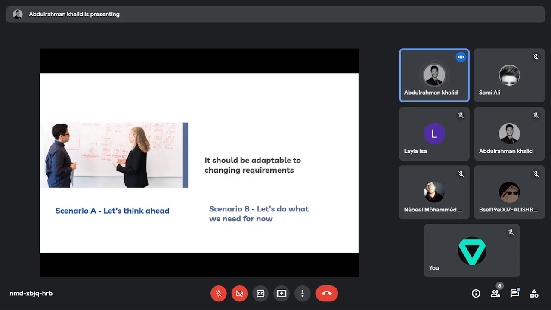It should be adaptable to changing requirements, because again, businesses always change requirements through time. Nothing remains the same. Always there is a change. Okay, so let me describe that